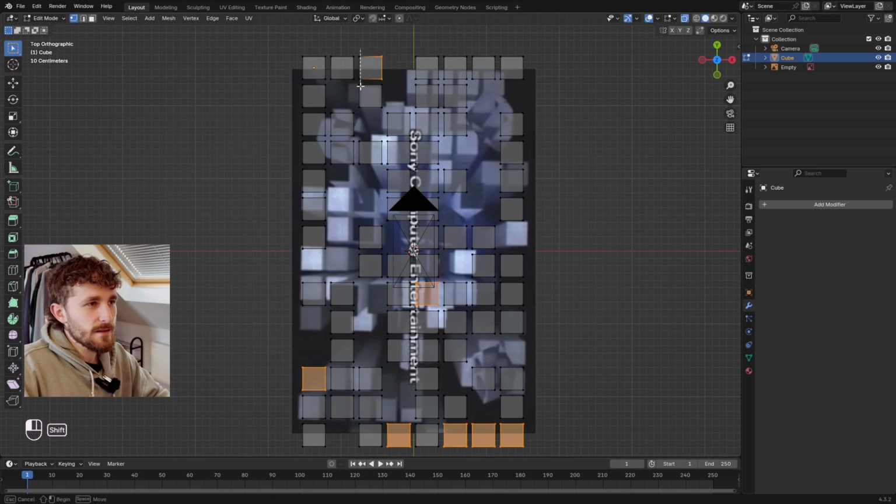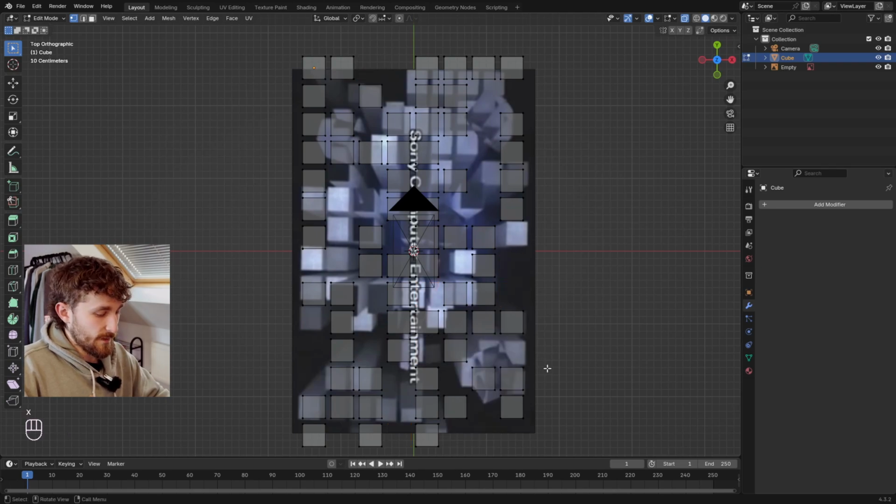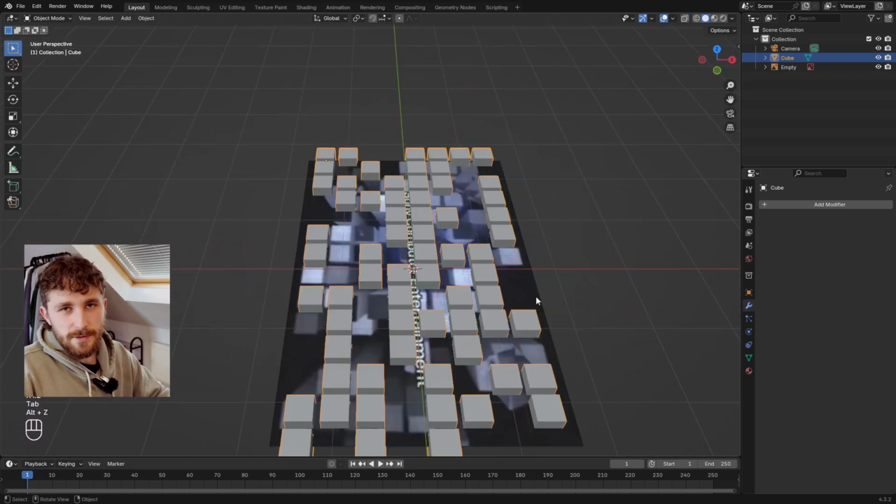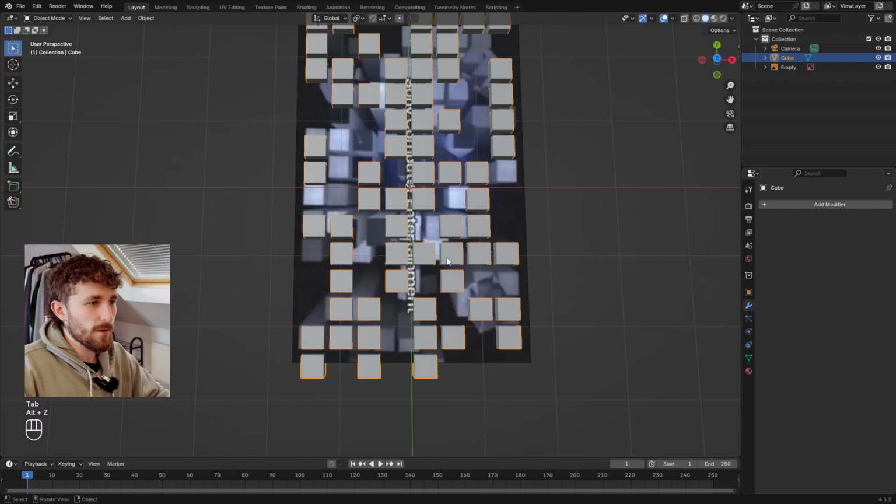You see on the edges there seems to be fewer cubes, so I'm going to try and focus on some of these edges. And I think I might just leave it, maybe I'll get rid of this one as well. Delete, and I might leave it at that for the minute. I might get rid of these two. And I'm going to leave it at that. Obviously, you can always get rid of more as you go further along,